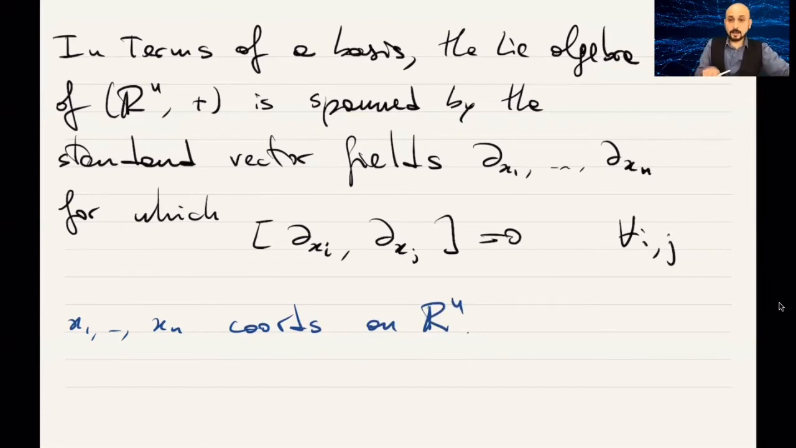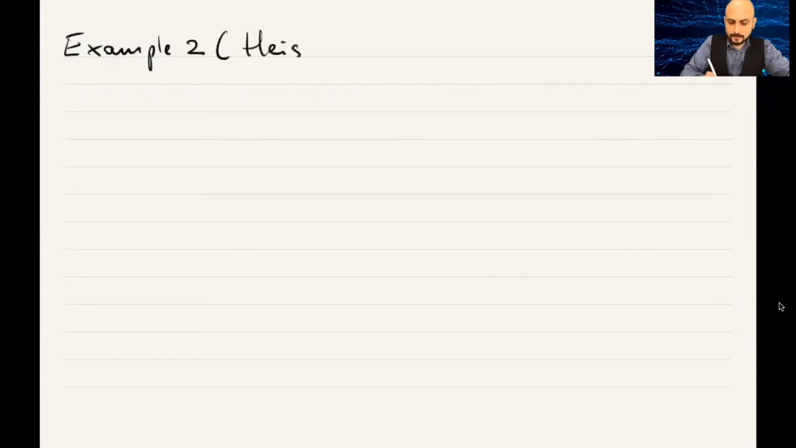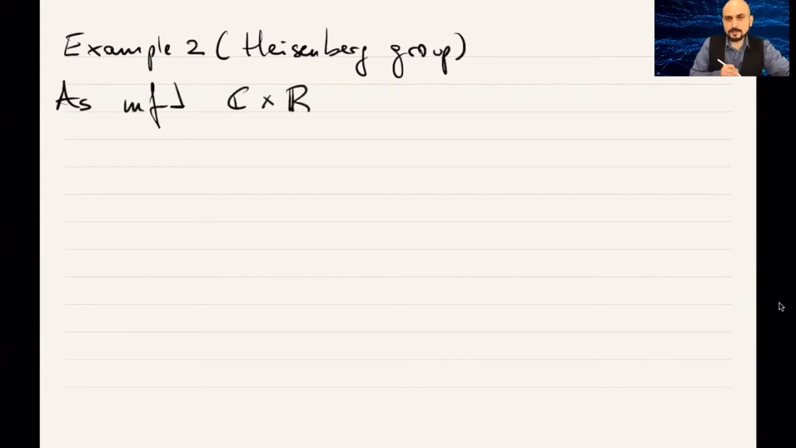Let's make it a little bit less simple. And this is the first example of a Carnot group that is not abelian. This is the Heisenberg group. There are many ways of presenting the Heisenberg group. Here's an example. As a manifold, we can write it as C times R, that is R3, but I prefer to write it like this to use the complex structure, with product